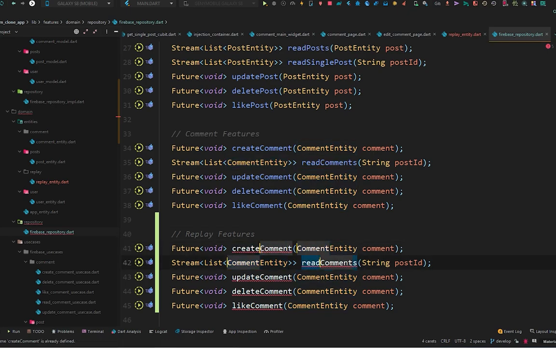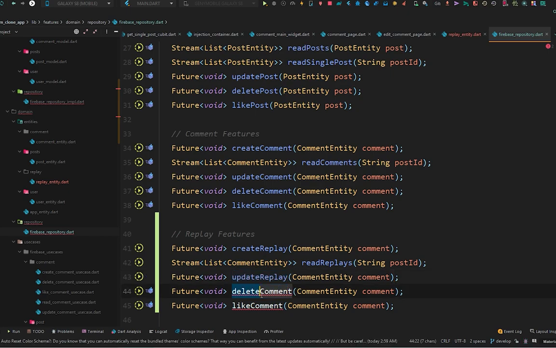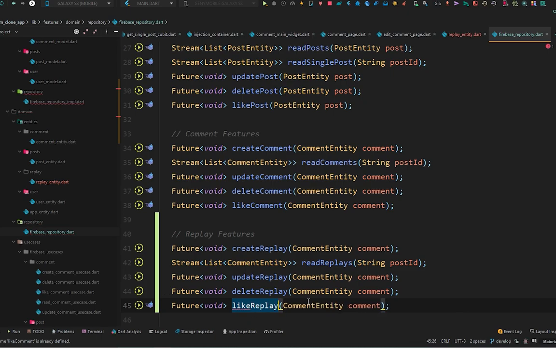Let's select all these, not these, let's select this comment, and this will be create reply, and the second one will be read replies, and this will be update reply, this will be delete reply, and lastly the like reply,